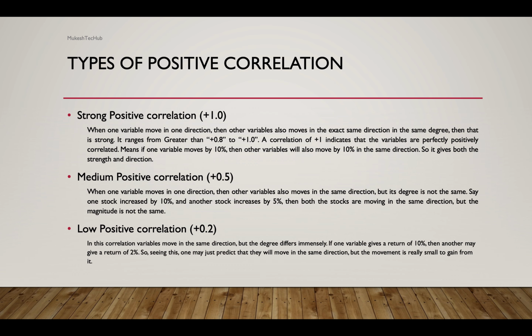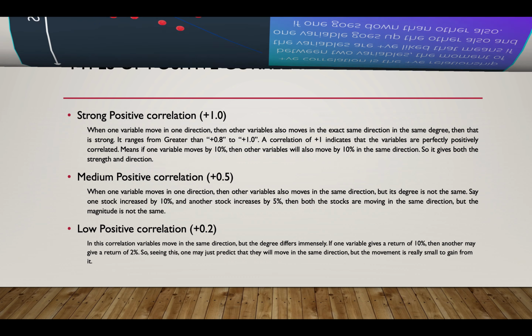So that means if you are investing some amount in a stock and another person has also put some amount in that stock, but your return is greater than that person's. So that stock is giving some return, but it's not similar to yours. So that means the degree is changing. We can see this is a very low positive correlation, right? Now we'll see what the graph of a positive correlation looks like.